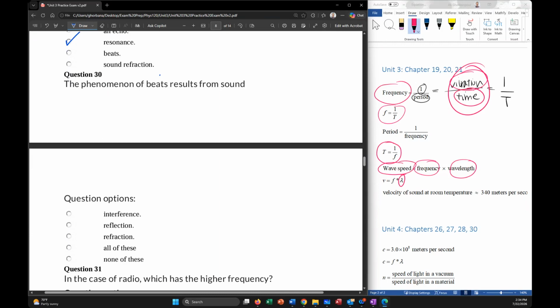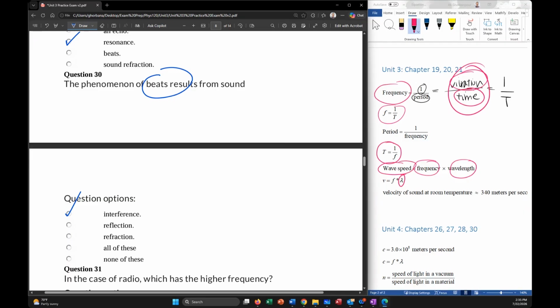The beat is the result of sound interference. Sometimes one source is radiating sound, and the sound reaches a block and is then reflected back. The interference of the incident and reflected waves causes constructive or destructive interference. In this situation we have beats. So beats are the interference of